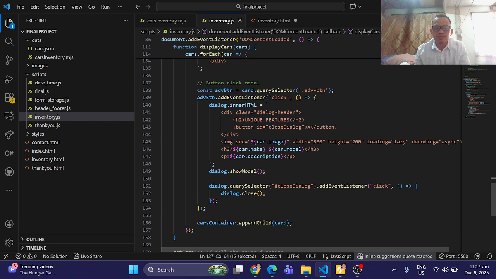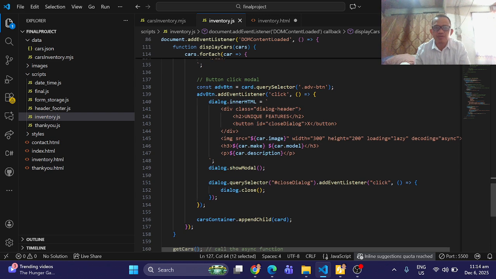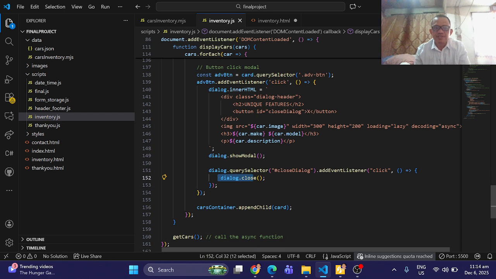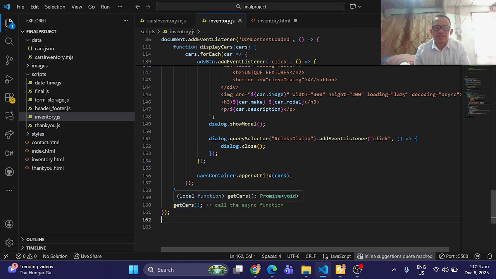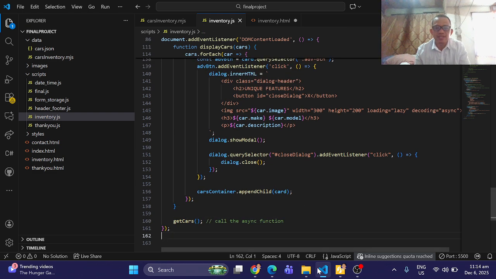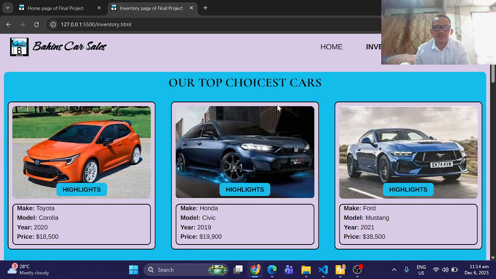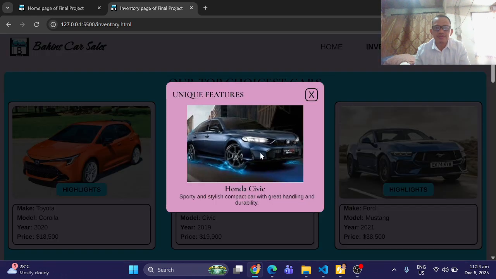And if the customer or the user clicks the close button, then the modal will be closed. Then we are appending that to the cars container, and we are calling the getCars function. That's it. And this is my video presentation. Thank you.